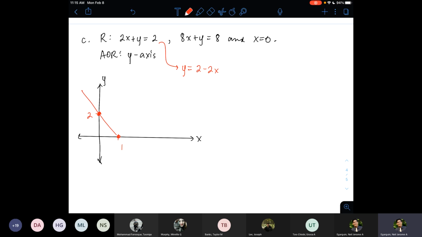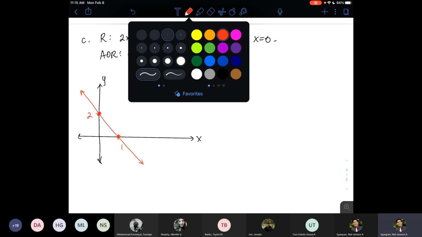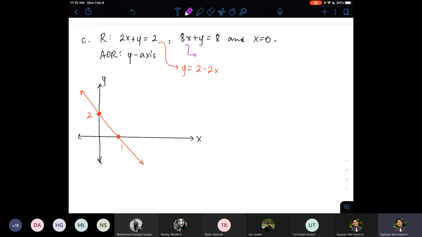So this would be the first curve. And then the second curve would be this curve. Let me rewrite it as y equals 8 minus 8x. So that means here when x is 0, y is 8. My figure is not drawn to scale, so I'll put just 8 there. And then when y is 0, that means x is equal to 1. So I have a point here. Luckily, there we discover a point of intersection.